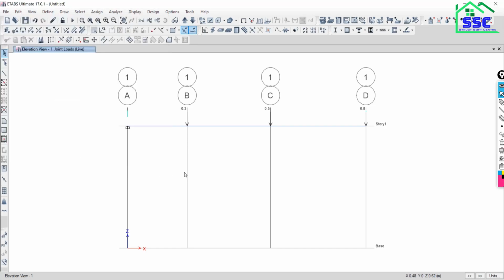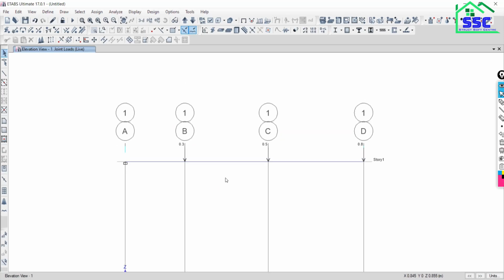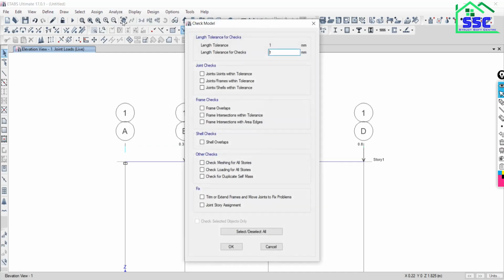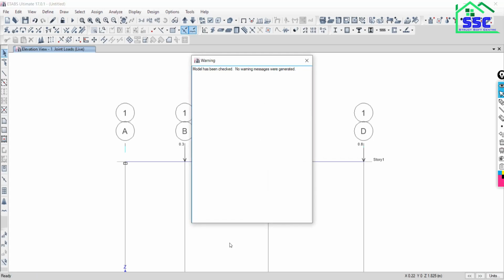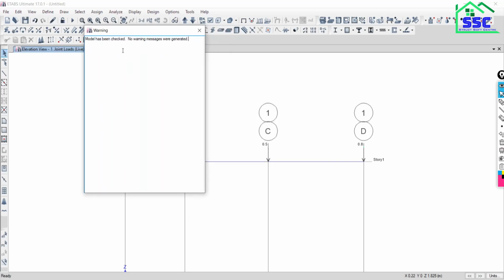Once you've done it, check the model. All the loads, all the supports, all the frames have been joined. Go to Analyze and Check Model. Check all the options and say OK. It gives the result that the model has been checked, no warning messages were generated.